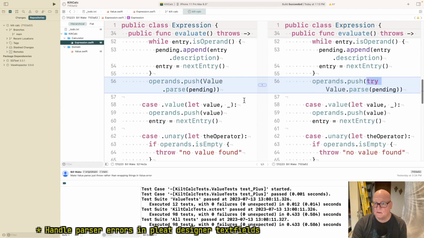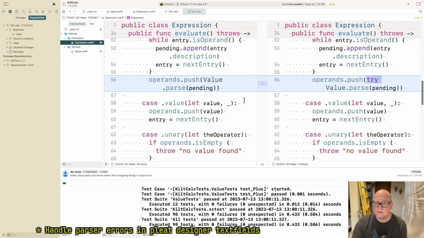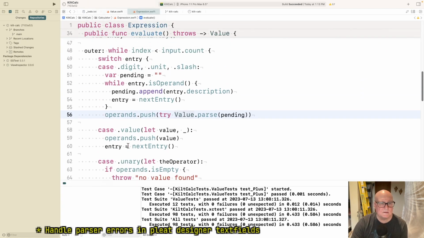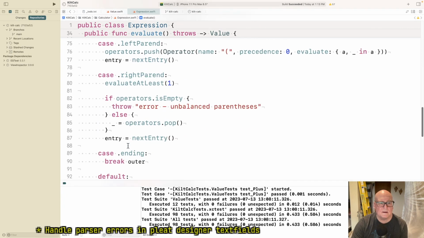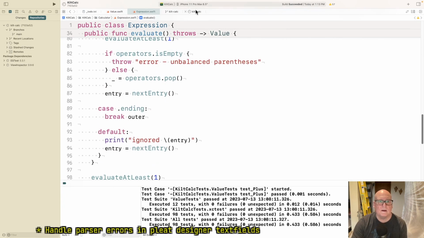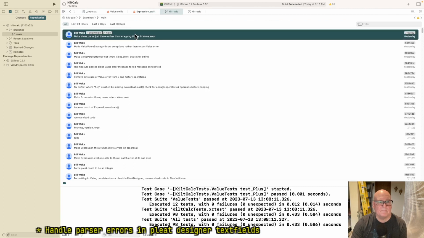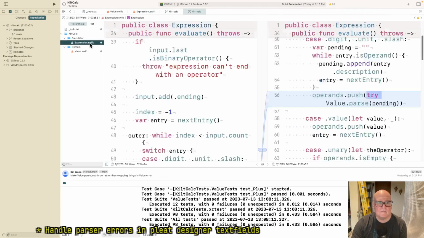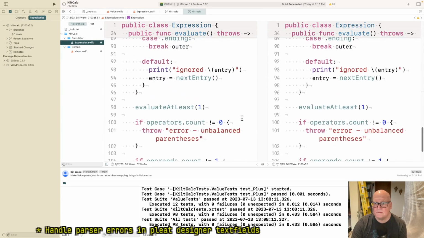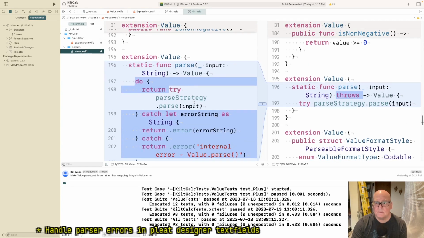Well, that's very similar. Just a try. Value.